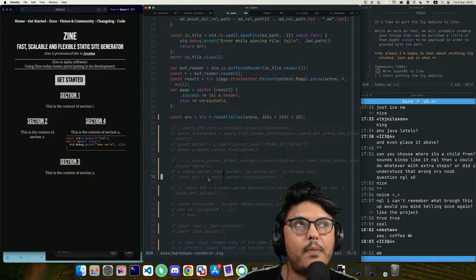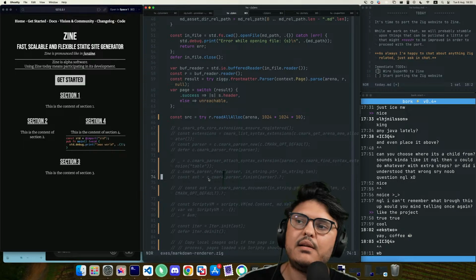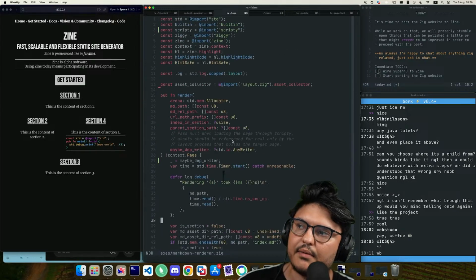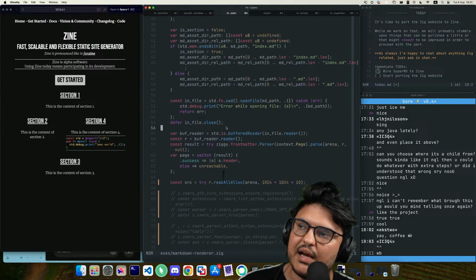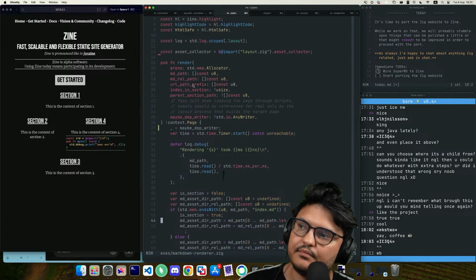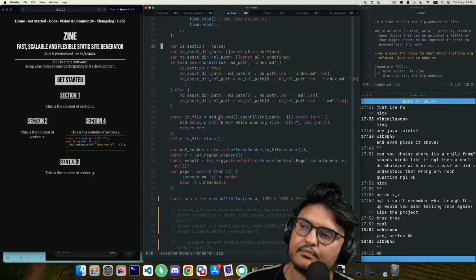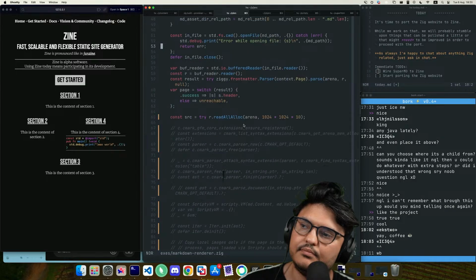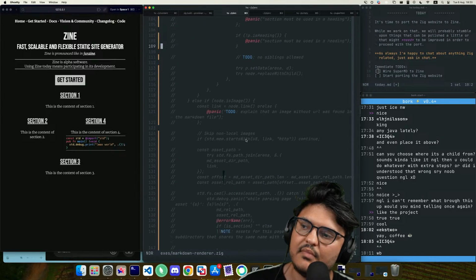Now, you know what? Let's run through the AST again. So I guess we kind of do it here. Now when loading a page through Scripty, assets should be referenced for real only by the layout process that builds the target page. Yeah.